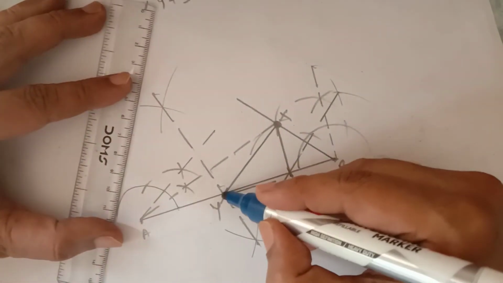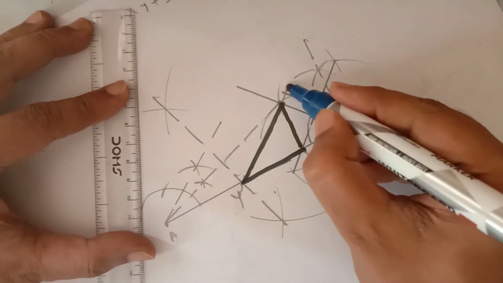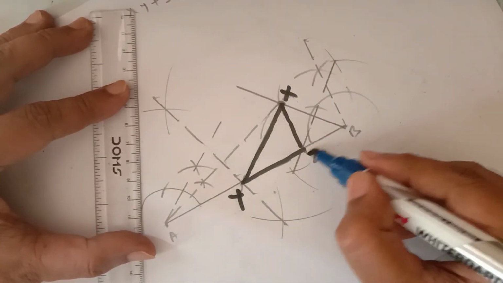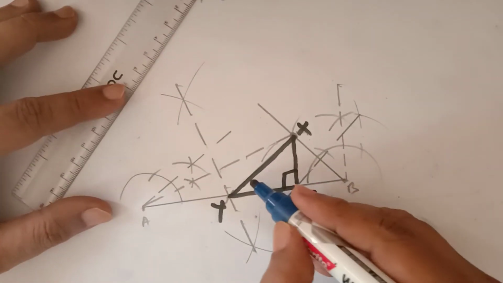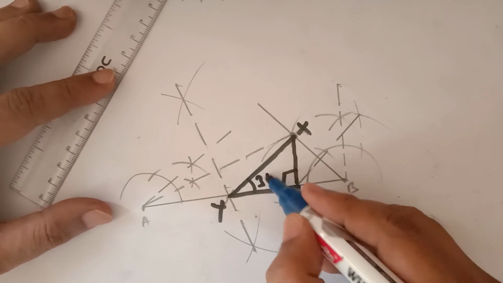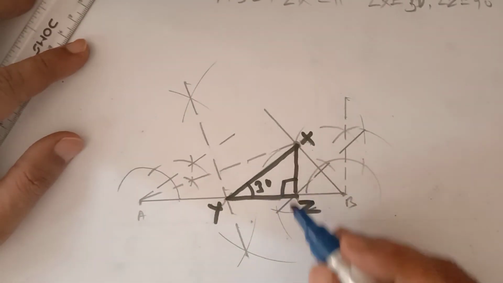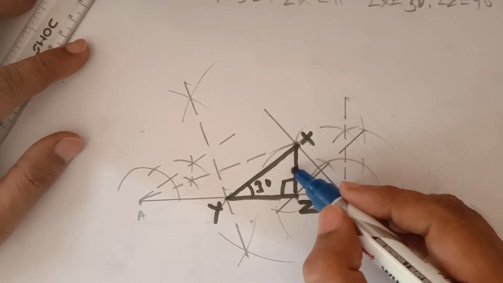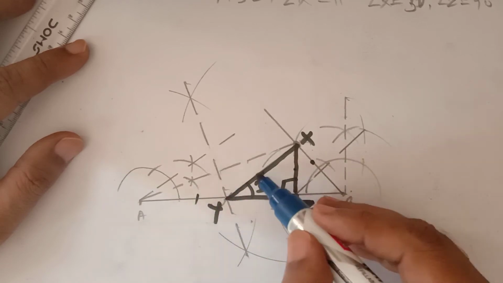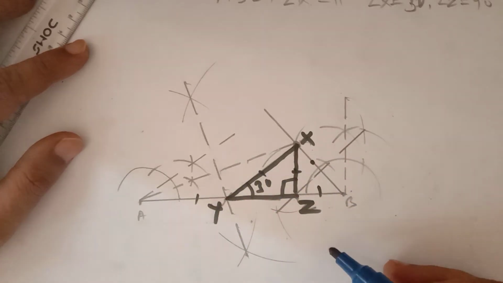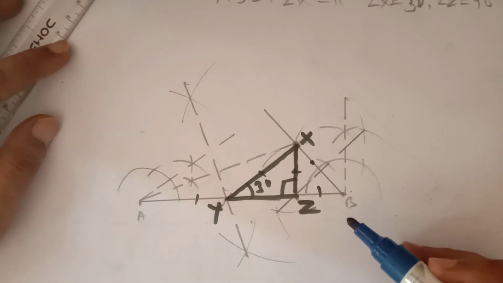This is your required triangle. X, Y, Z. This will be 90 and this will be 30-degree. And I've already told you when I was doing the basics of it, it will be 30 and 90, and this side is equal to this side because sides opposite to equal angles, and this side is equal to this side, sides opposite to equal angles. That is why the perimeter of this triangle XYZ will be equal to 11.